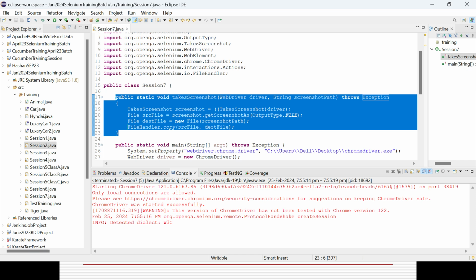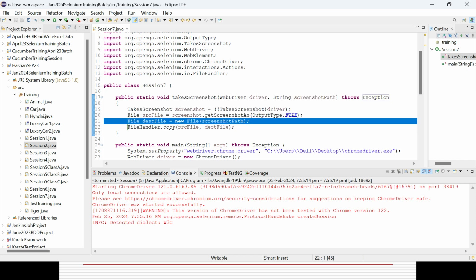So why am I not giving the exact path here? Because there is no point in hard coding it at the method level. As and when the method is called, I can change the path based on my requirement. So that is the way in real time as well, right? You will be creating the object or instance, which is